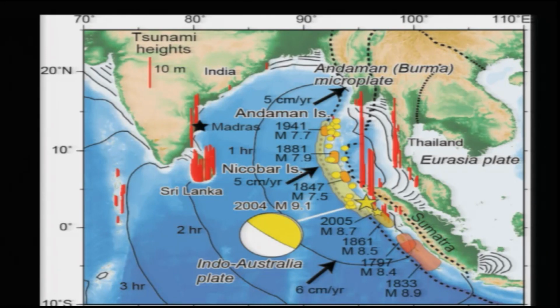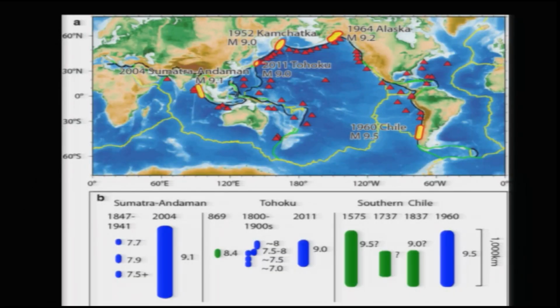These are all red bars which show the wave heights which were recorded. So, this bar is 10 meters high. Okay, so you can understand what the height is here. Now, the point is that if we compare the rupture length of the 3 major or mega earthquakes so far recorded, like we had the 1960 Chilean earthquake of 9.5 magnitude, Tohoku at around 9, and the 9.3 or 9.1 Sumatra Andaman 2004.